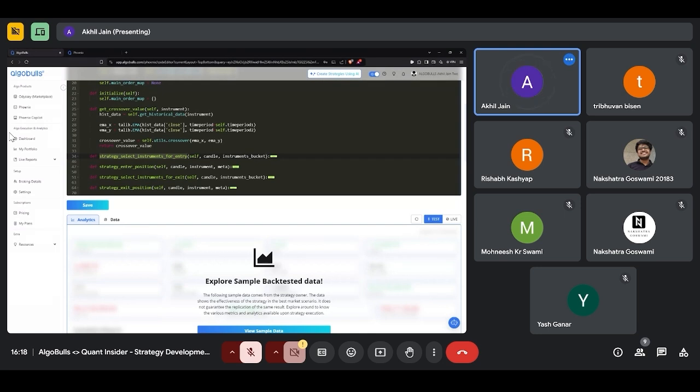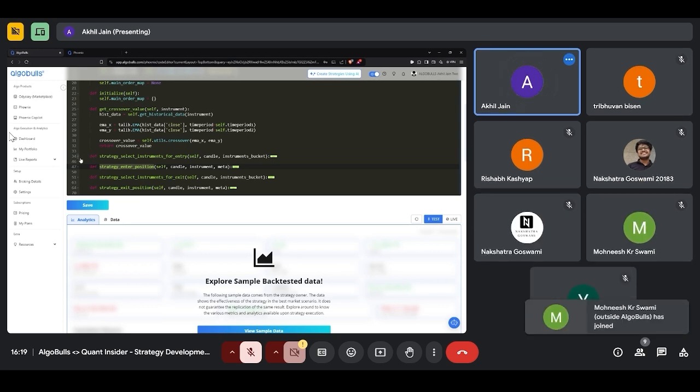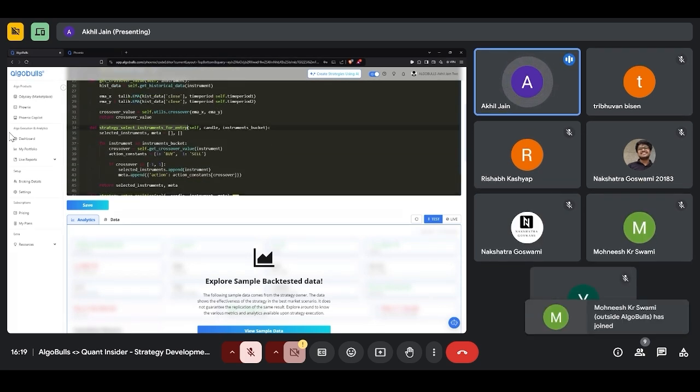So the next step, what the engine is going to do is call the enter position 5 times, each time passing one instrument to us. So our selection revealed that we have 5 instruments, and our enter position will now get called 5 times. Each time we'll get one instrument, right? Now, I'm going back to the earlier method, which is selecting for entries.